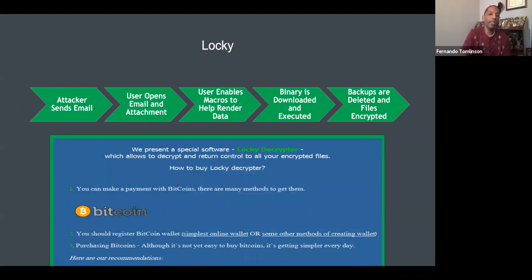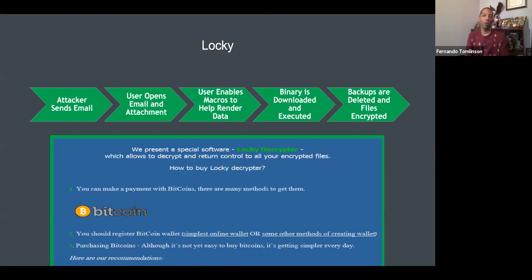All right. So when we look at this timeline, it's going to spread through an email. Hey, I'm going to send you a document. Person's going to open that thing. Person's going to be tricked to open or enable macros. A binary is going to actually be downloaded, right? Because within that Office document, it's essentially code for a downloader.